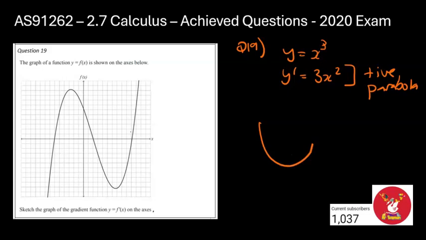So we know our shape is kind of going to be U-shaped. How the U looks, we're going to need to find some other information to figure it out. So that's the first thing I wanted to note. The next thing I want to note is this graph here has 2 nice visible turning points, and we know